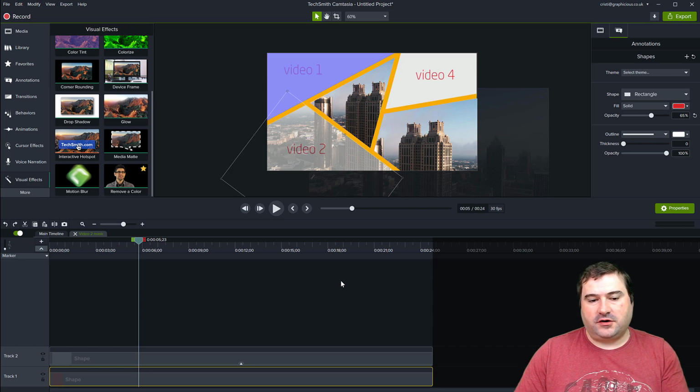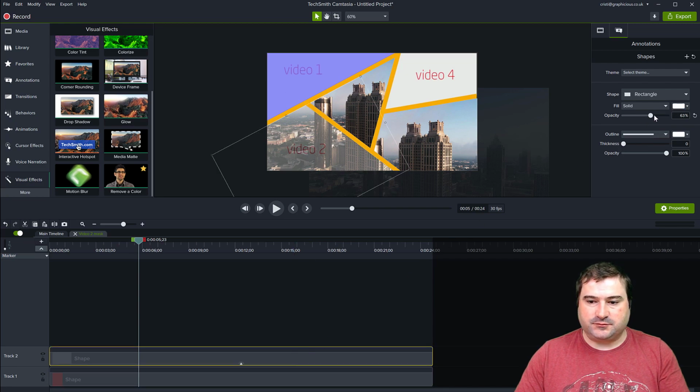One thing to note here is that when I put a video clip inside of one of these groups, if I have used the opacity to slide the opacity down so I can see through it, make sure you turn it back up when you're done, because then it's going to actually show you the mask with opacity, which is not very nice. So I'm just going to go inside the group and put the opacity all the way to 100%. That's going to show your video clip properly in there.